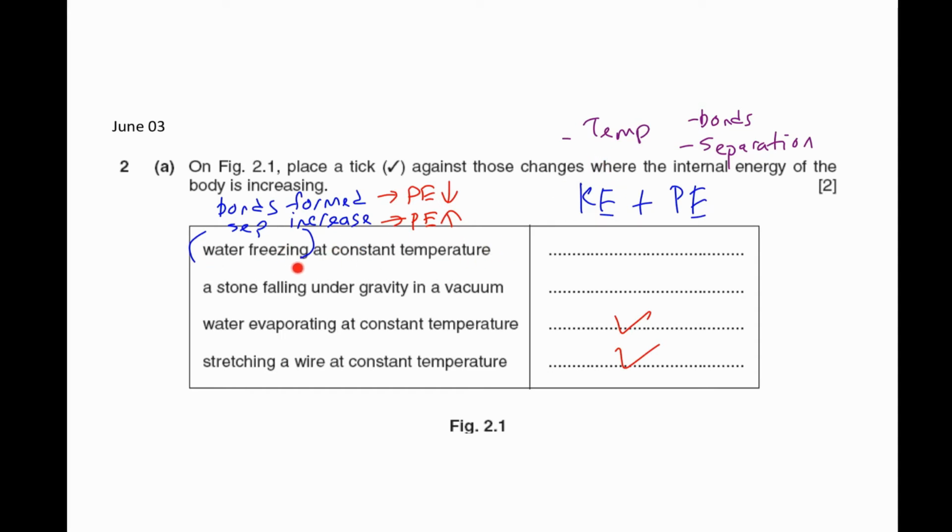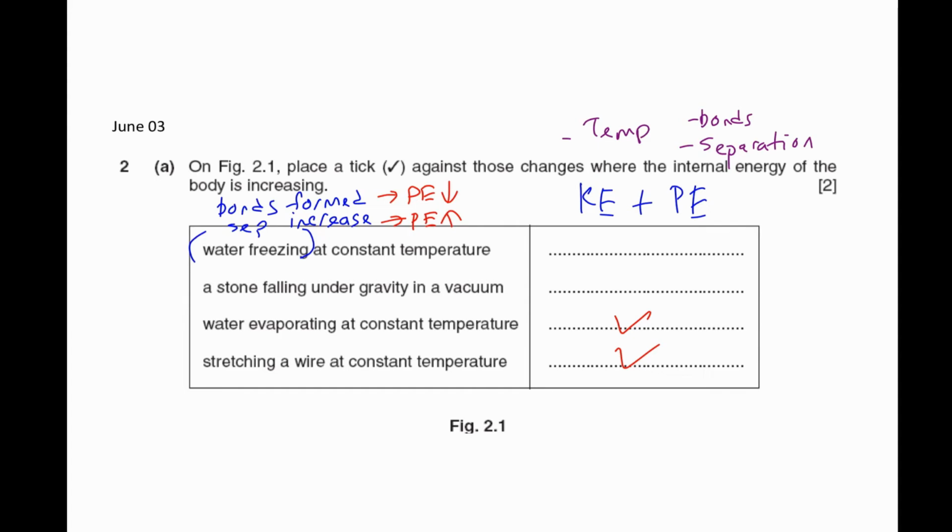Now water freezing, bonds will be formed. When bonds are formed, we have learned that PE will decrease. But let's not forget that water freezes and actually expands a little. So this is actually a special case. Normally, when a liquid solidifies, it shrinks a little bit. Except for water, whenever it freezes, it expands a little bit. This is due to the hydrogen bonds between the molecules, which create a lot of empty spaces when they are in ice.